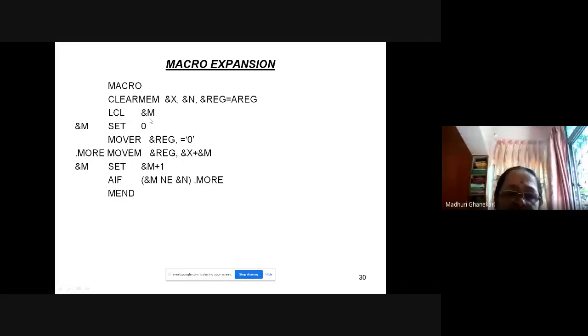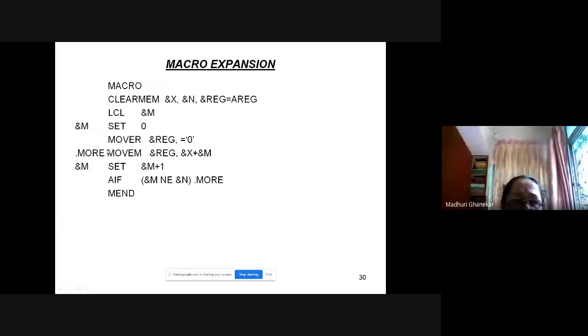LCL &M, local M. &M SET 0, value of M is set to 0. MOVE &REG, =0. So whichever register you are using, whichever is coming to you, if nothing is coming, use AREG. In that AREG, we are moving 0.